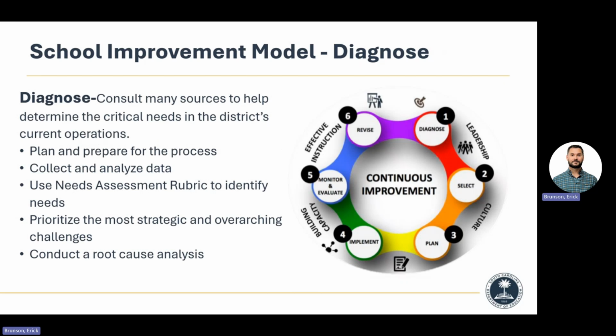So in our process of this school improvement model, we've talked about diagnose, getting just a little deeper, planning and preparing for the process, making sure you've got everything set, making sure you've got stakeholder groups, right? All the things that you would need, collecting and analyzing data. Make sure you have data and make sure people understand. Bring to your team somebody that can help you with data. We talked about a winter benchmark, right?